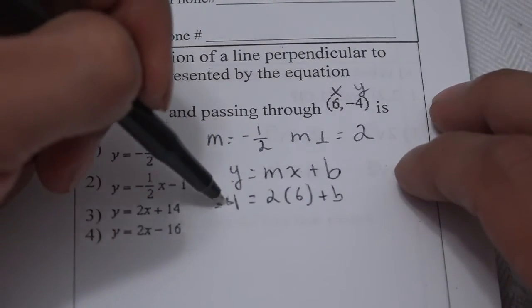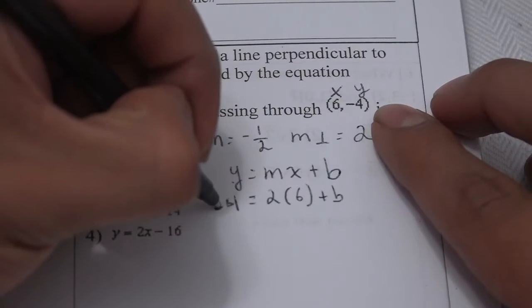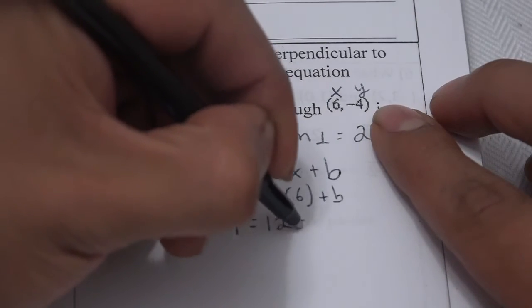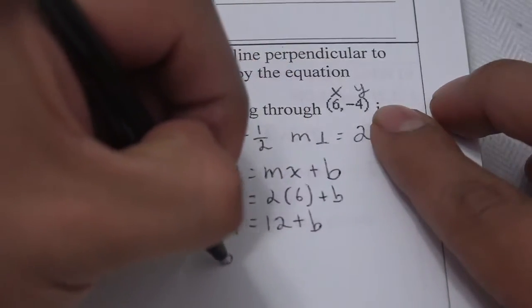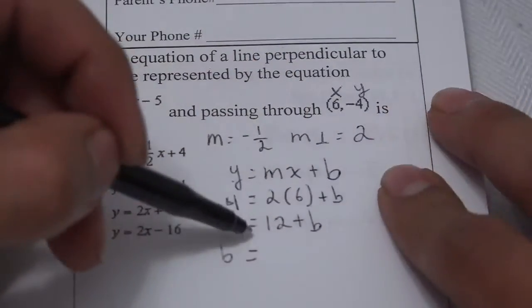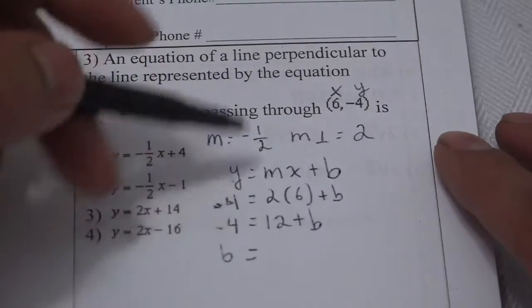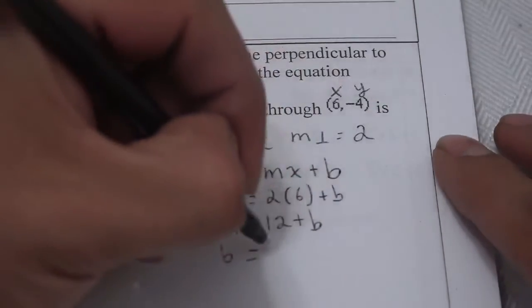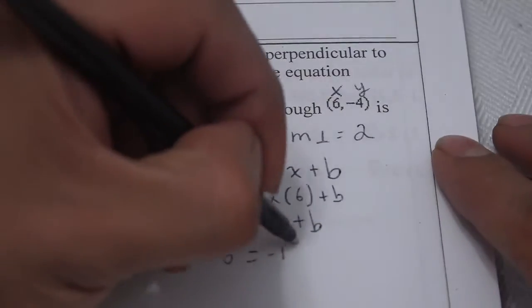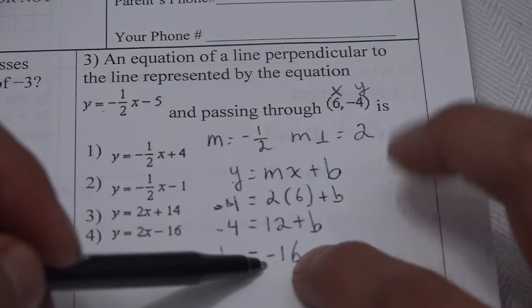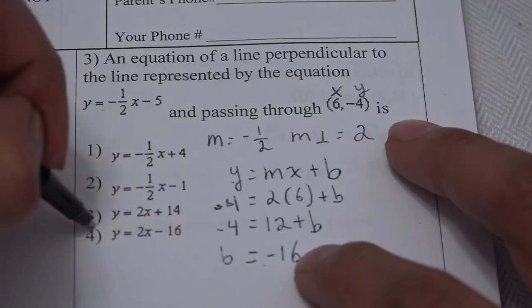What is this number? Oh, -4, right? Okay, so -4 equals 12 plus b. In this case, b equals, I'm not going to start subtracting 12 from both sides. I already know what I have to do. I just need to calculate. So -4 minus 12 is -16. So I know that the y-intercept is -16 and the slope is 2. So my answer,